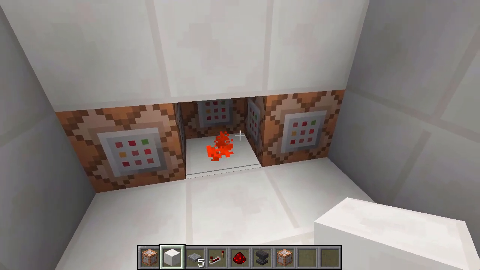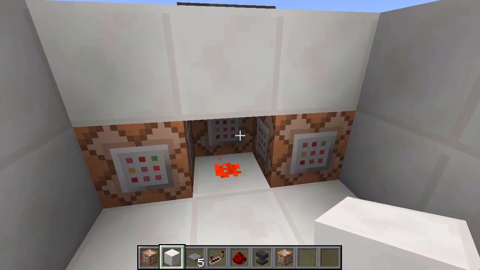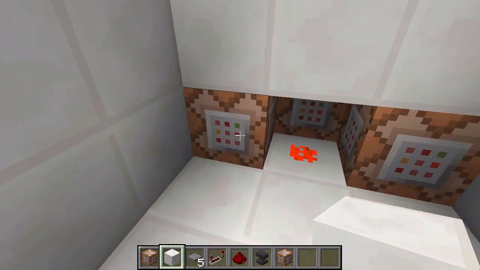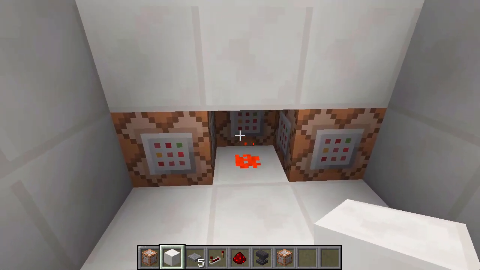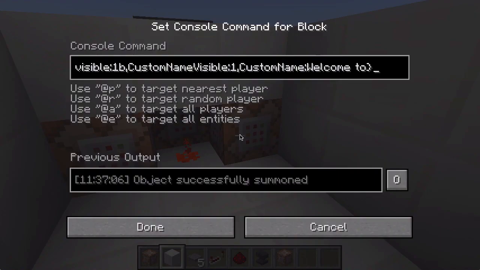We can actually have about 5 command blocks connected to one thing. So that's 1 at the back, 2 at the side, 1 here, down, and there's also 1 below you can even have as well. All those command blocks have got different commands in. So let's have a look at this one. So that's just the welcome to,